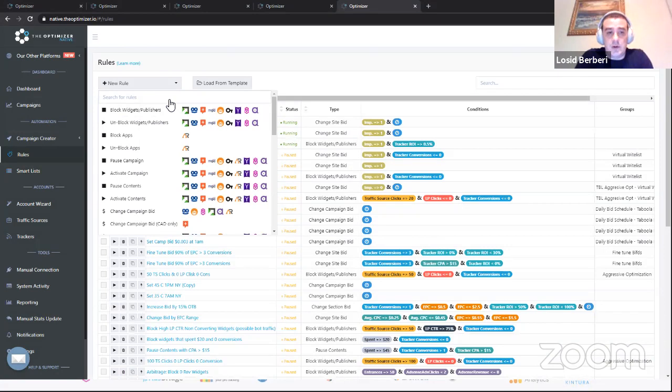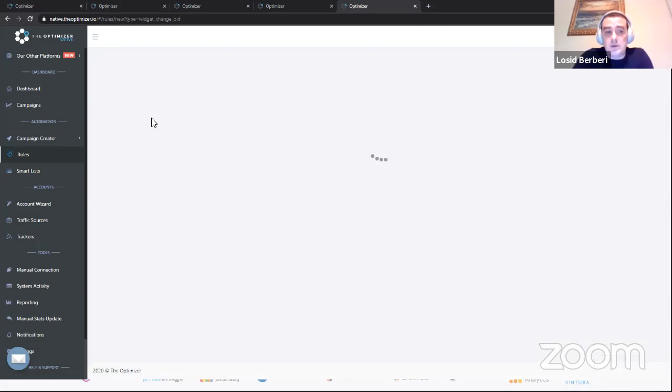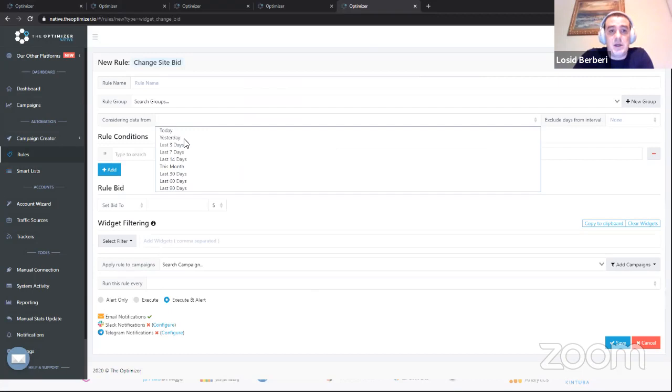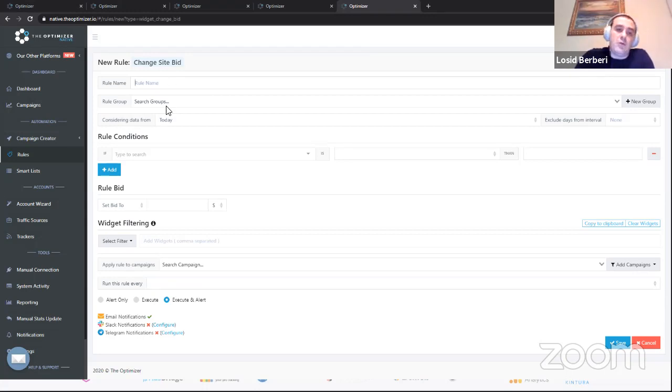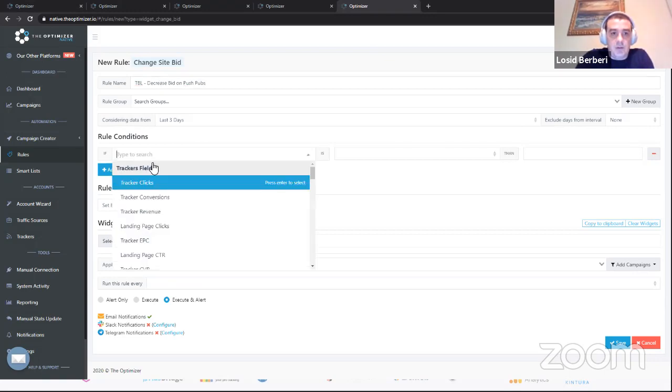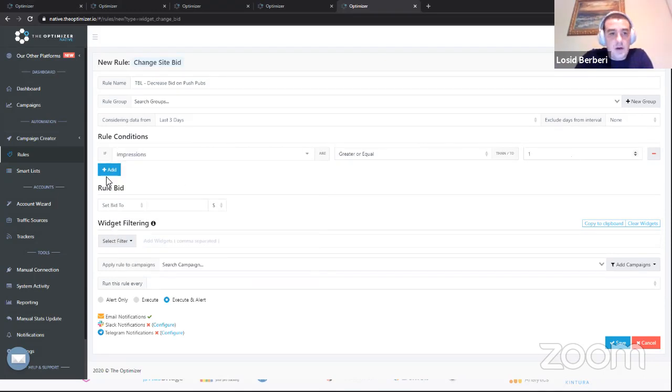So again, we're going to site rules or widget rule changes, and I'm just considering today's performance of a widget, or maybe I'm going to consider the last 3 days, and I'm calling it, and yet I'm doing some typos, Taboola decrease bid on push publishers, and here I will do if impressions are greater or equal to 1, and